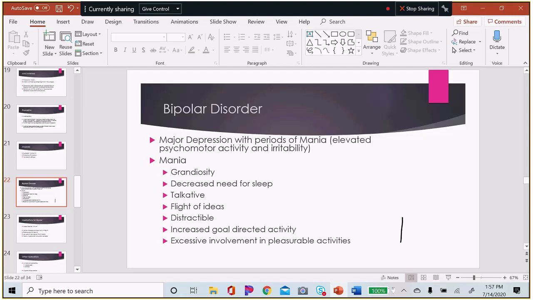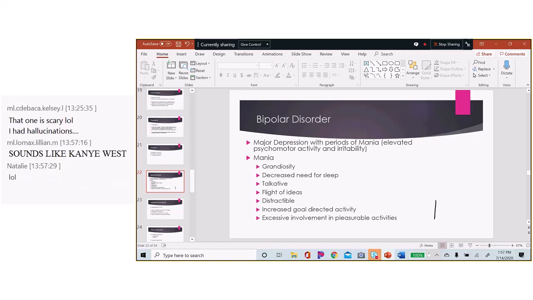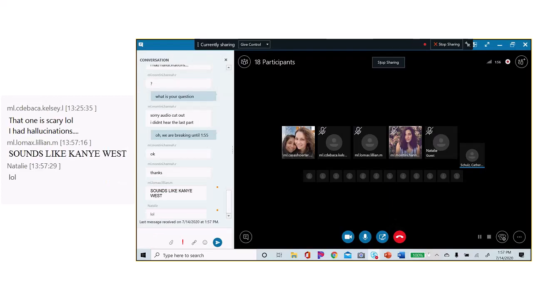And during periods of mania, the patient can actually feel really good. So they are not going to necessarily notice that there's a problem, except that they are probably in the midst of destroying their life. They're going to have issues in terms of finances, and he actually does have